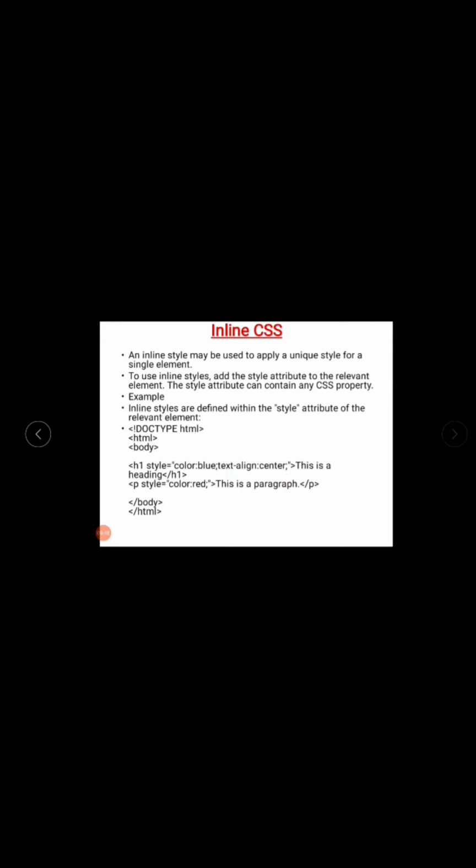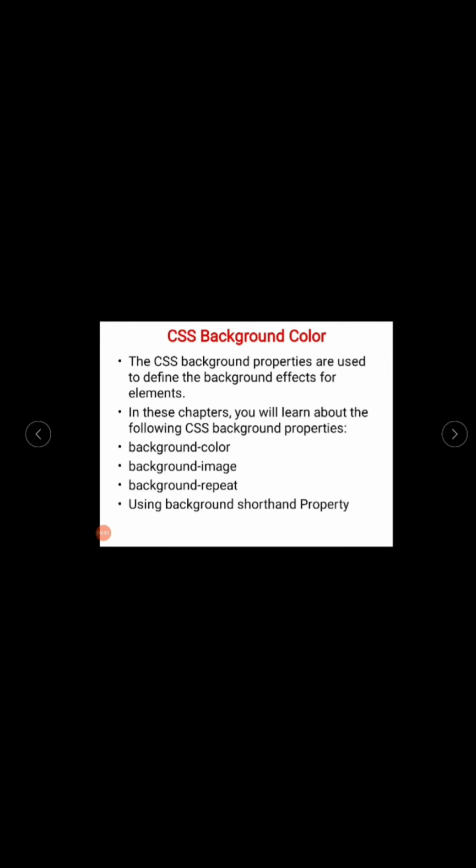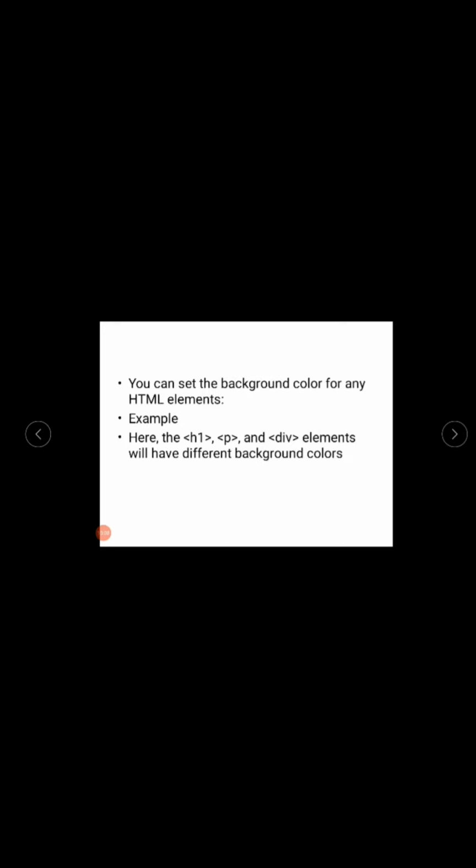And now come to CSS background color. In this there are a few properties of the background that you should know. If you want to apply the background, you will write background-color, background-image, background-repeat, and using the background shorthand property.